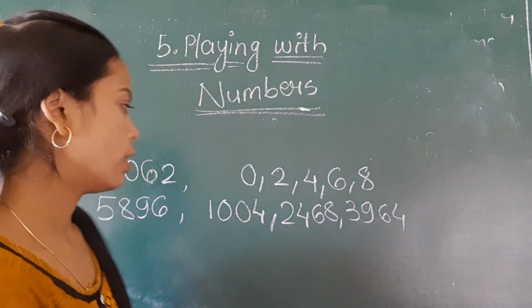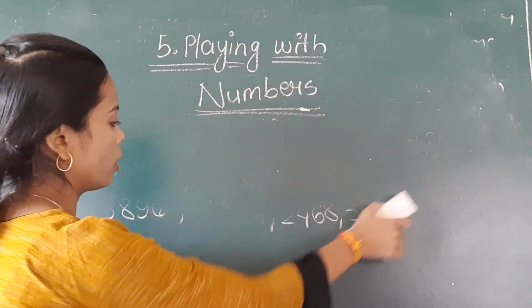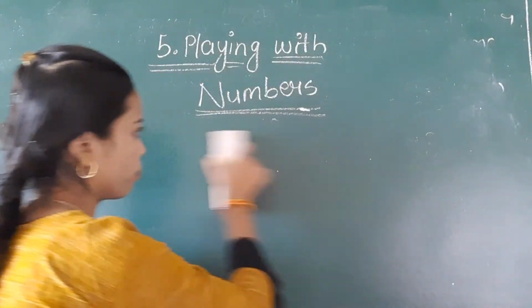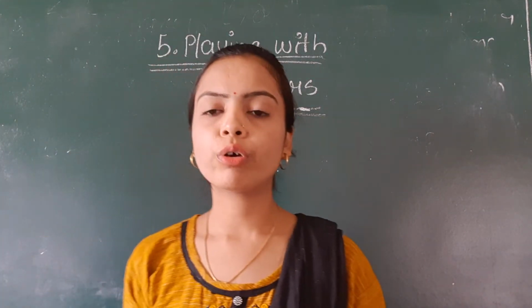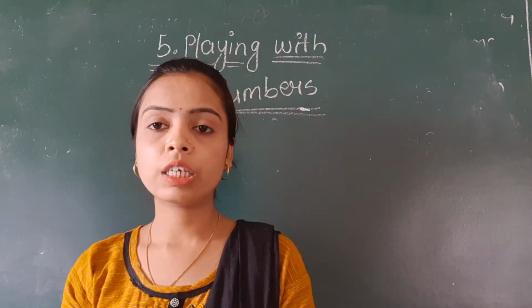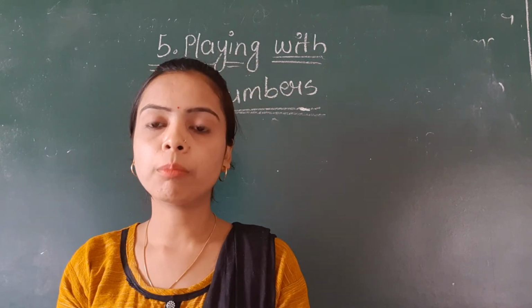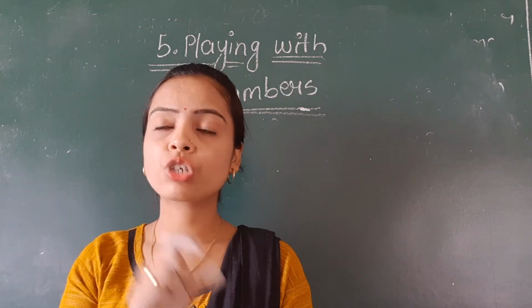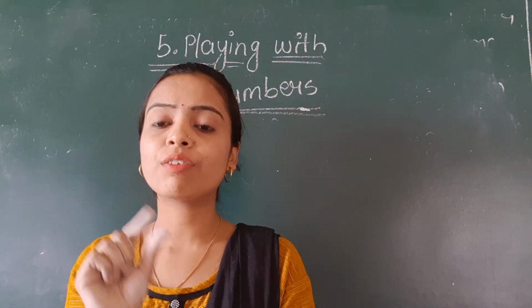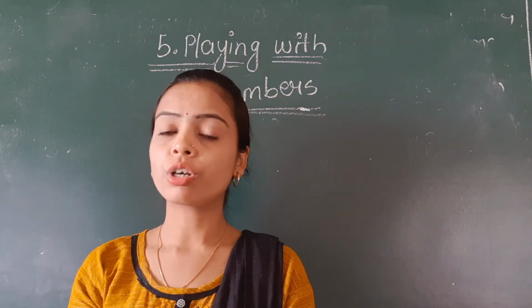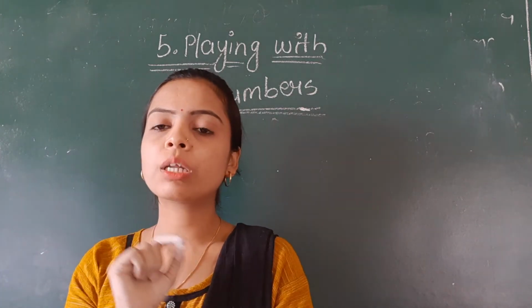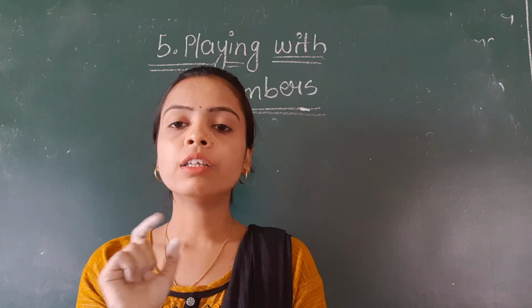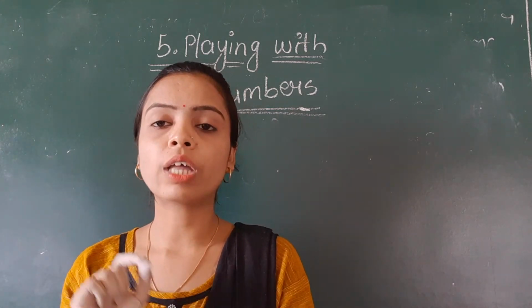Now next is divisibility for 3. So, what is the divisibility for 3? When you are dividing a number by 3, suppose you have to check whether a given number is divisible by 3 or not. What you have to do? You have to divide it by 3. But if the number is too lengthy, then the divisibility test comes in. तब use होता है divisibility का.